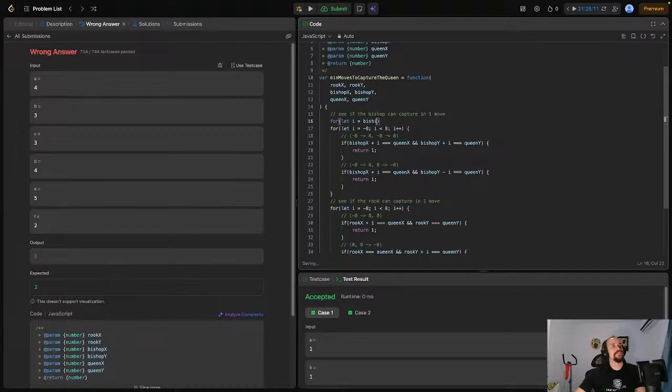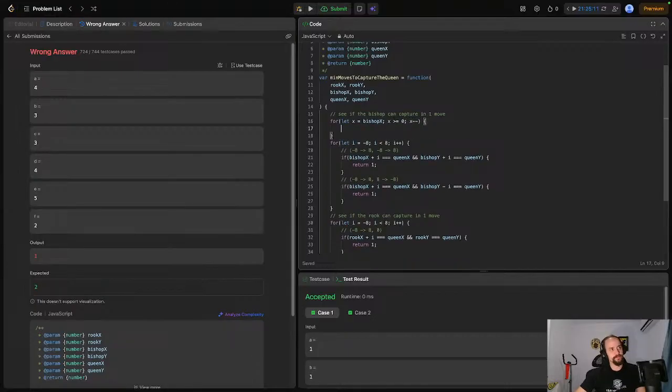I equals bishop x. Okay, so it's gonna be x is bishop x. x is greater than or equal to 0. x minus minus. Once we see a pattern developing here, we'll probably try to reduce the amount of code we have, but I don't know about optimizing it. So one thing we can do is